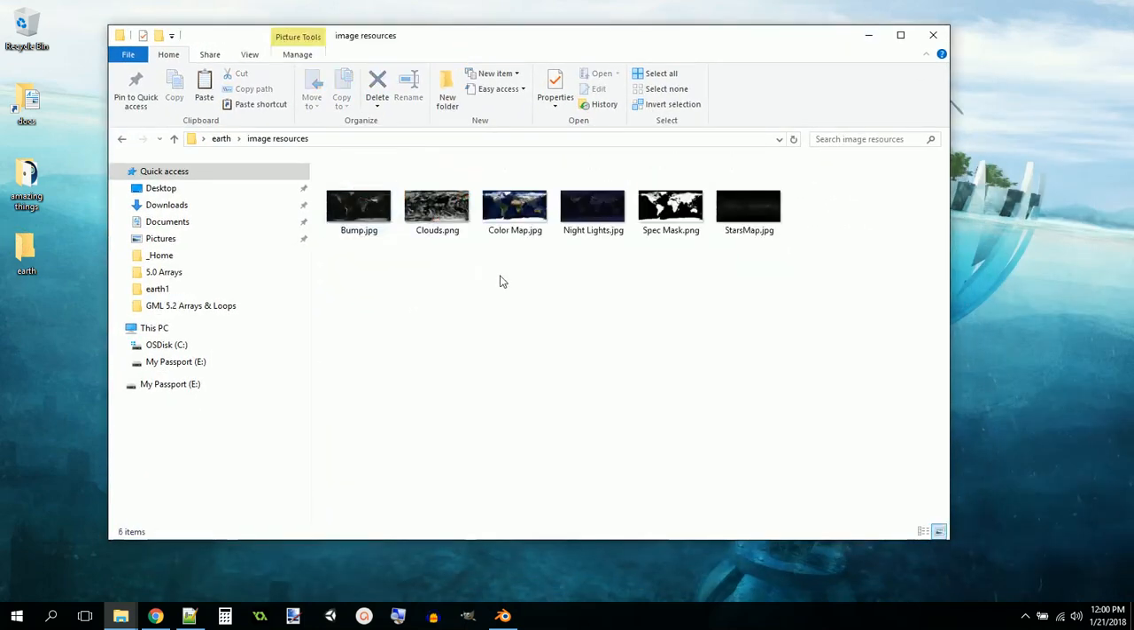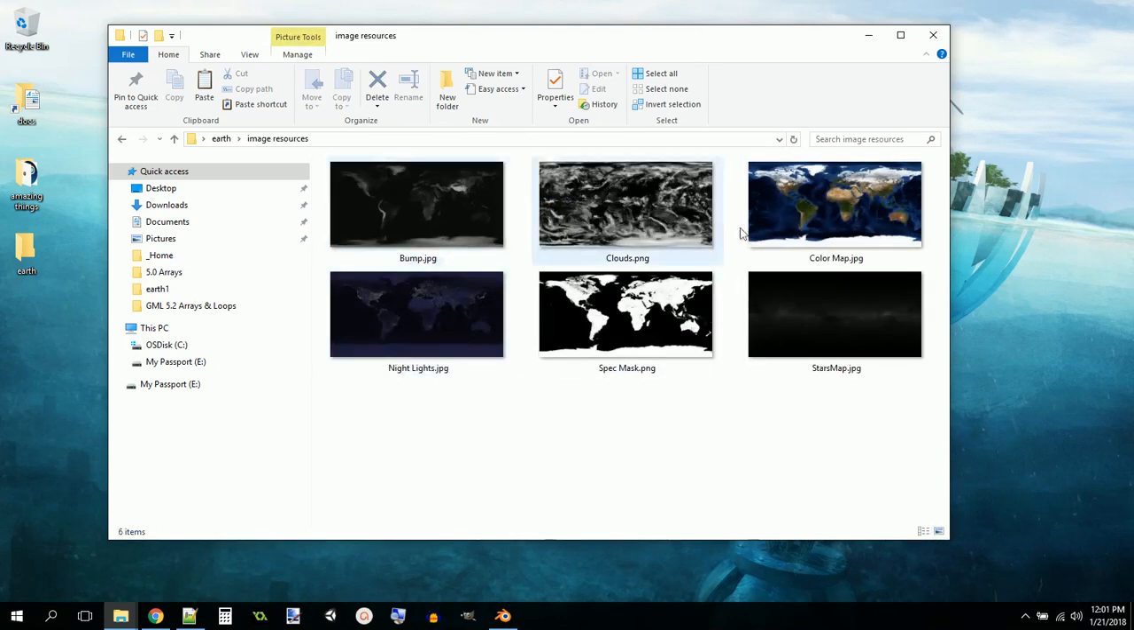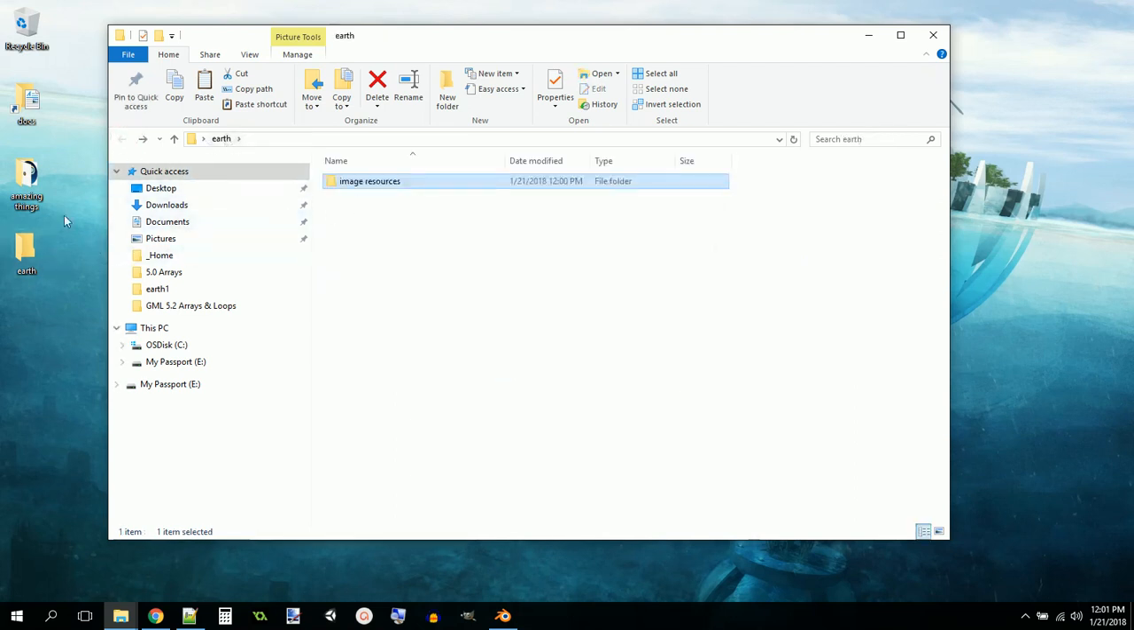So if you look in the image resources folder, let's see, we can look at extra large icons. You can see we've got 6 maps. They're quite large maps. There's the color map of the Earth, there's the night lights, there's a clouds graphic, a stars graphic, a bump map which shows the height of various places in the Earth as lighter colors, and low sea level is black, and then a specularity mask which shows all the land mass as white and all the sea and lakes as black. So we're going to be using all of those. So make sure you've placed those inside this Earth folder on your desktop,